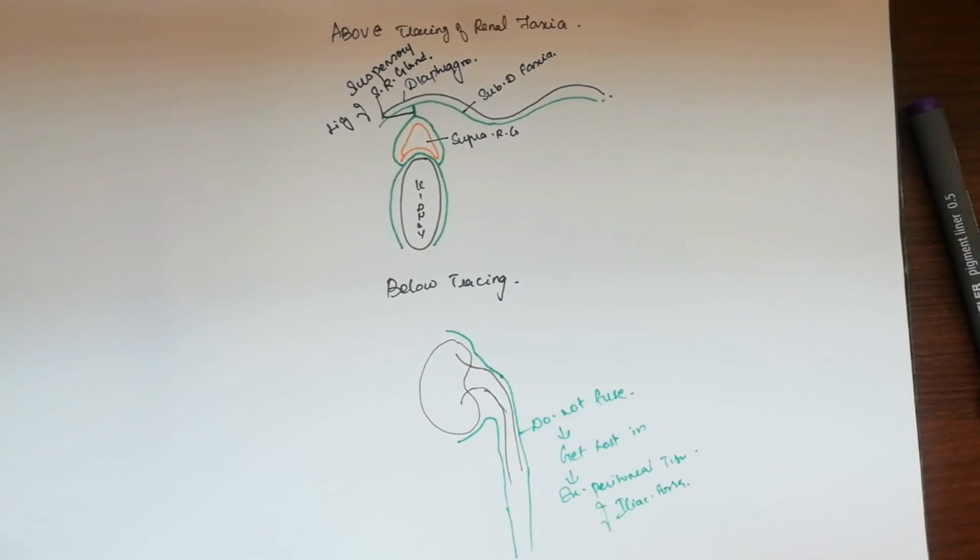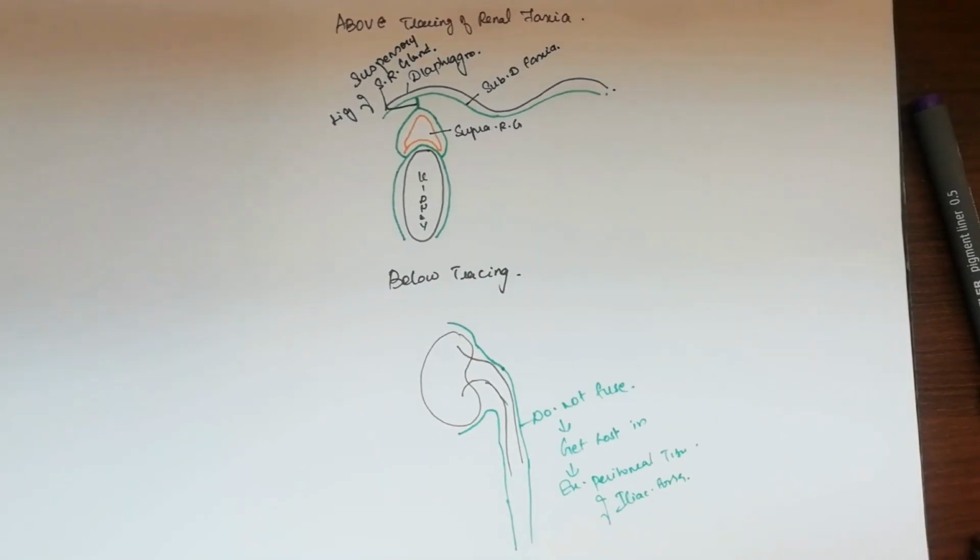So this is how below tracing happens. Above, below, and lateral and medial tracing we have seen. For renal fascia, I will summarize again. Renal fascia has two layers, anterior and posterior. We are considering how both layers pass medially, covering the vessels, and then the anterior layer joins with the opposite side in the anterior aspect.